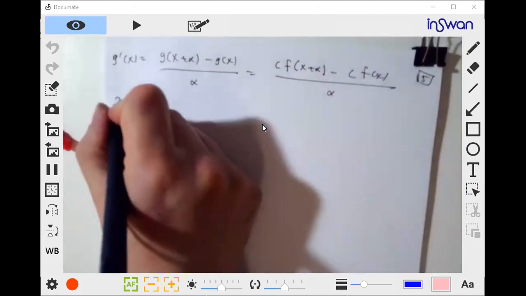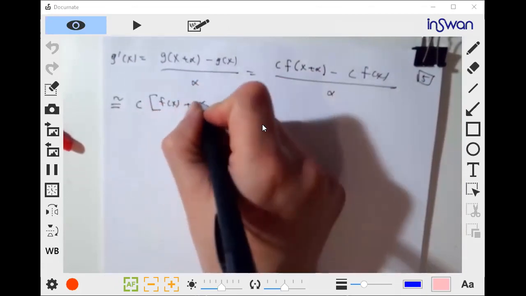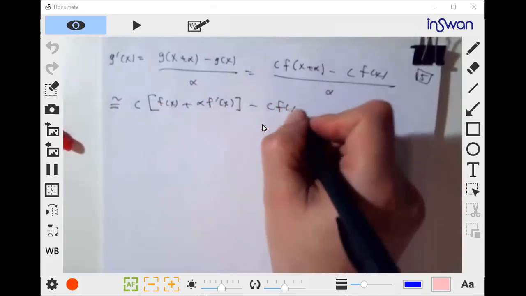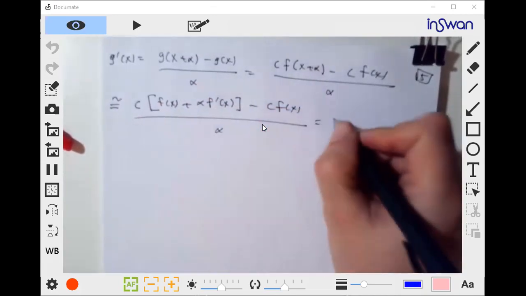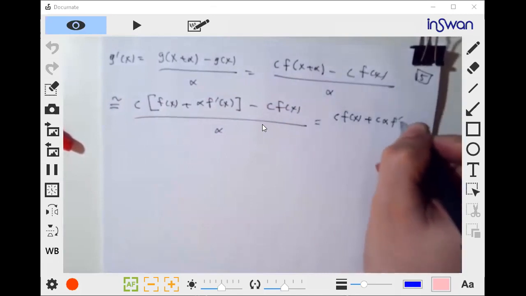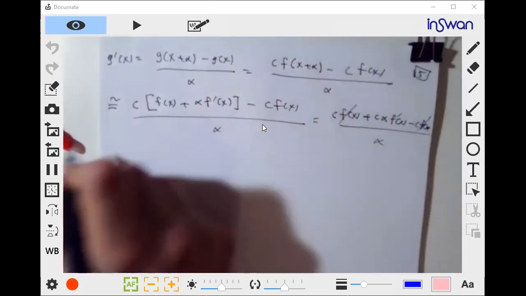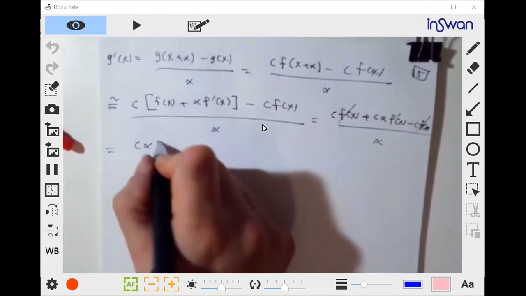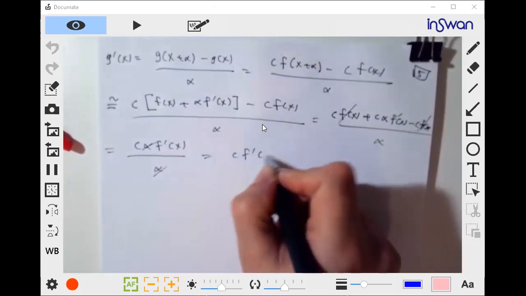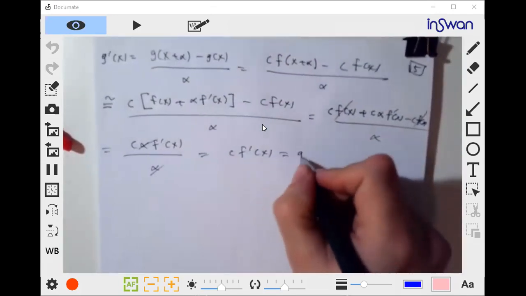But by local linearity, we could say that this is c times f of x plus alpha f prime of x minus cf of x all over alpha. So this becomes cf of x plus c alpha f prime of x minus cf of x all over alpha. The cf of x is canceled. So this becomes c alpha f prime of x all over alpha. Cancel, cancel. So this becomes cf prime of x,